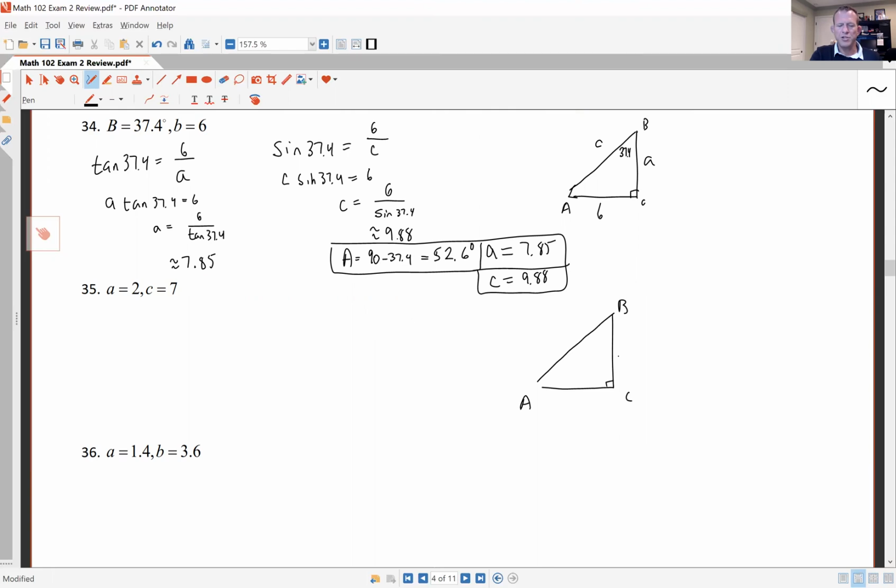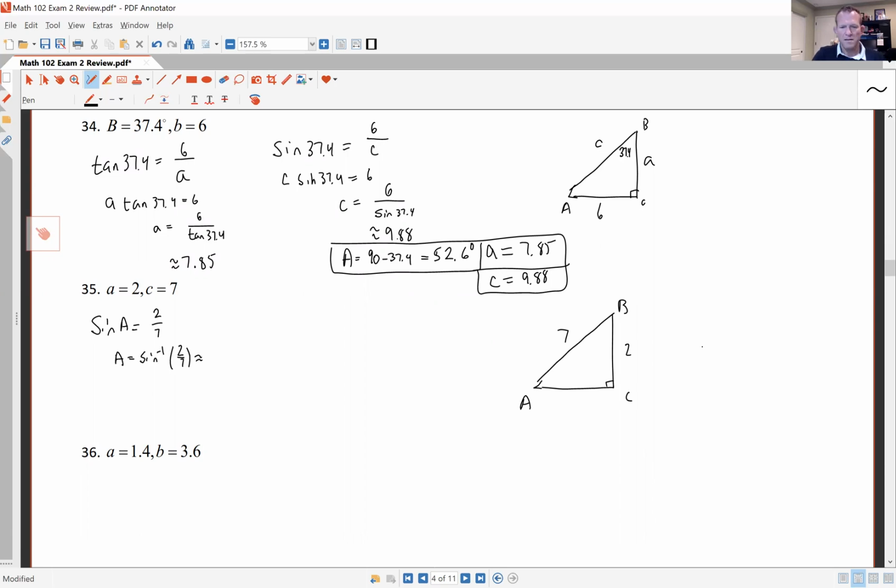If a is 2 and C is 7, now we don't know what A or B are, so let's go out and find A first. And that 2 is opposite the A, so that's sine of A is the opposite over hypotenuse. And so we have to use inverse trig functions for this. Inverse sine of 2/7,